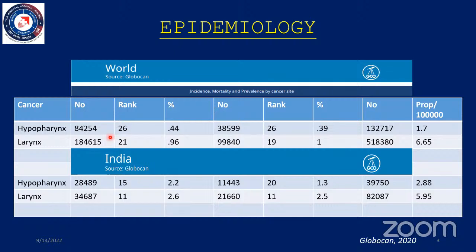If any of you have read the Globocan before this, that is the Globocan 2018, you would have realized that actually hypopharyngeal cancers were much higher than laryngeal cancers in our country. However, there seems to be a kind of shift. But you have to remember that the shift is mostly for supraglottic cancers and not so much for the glottic cancers. But